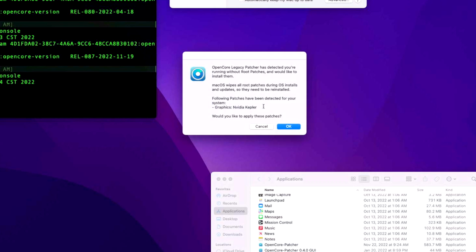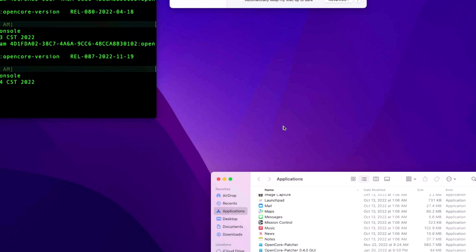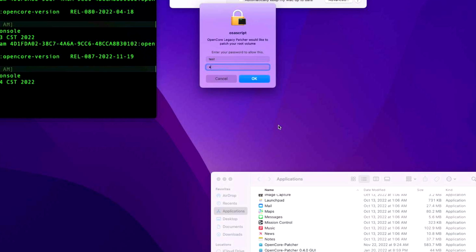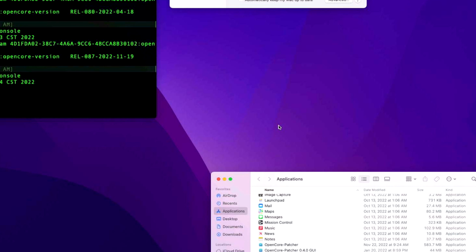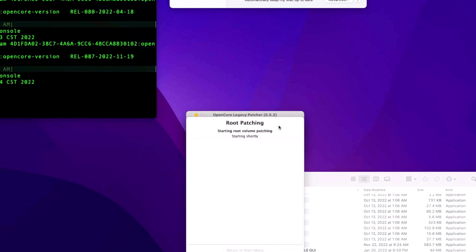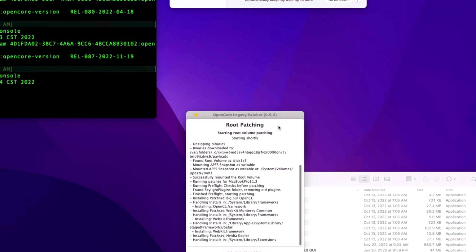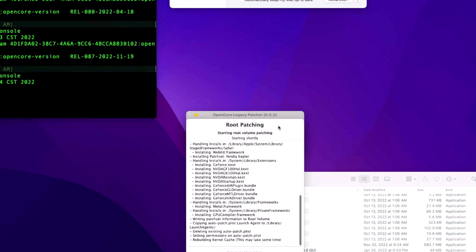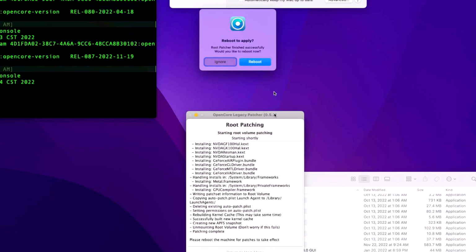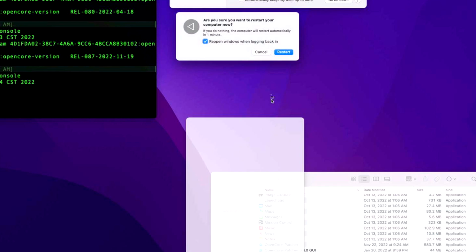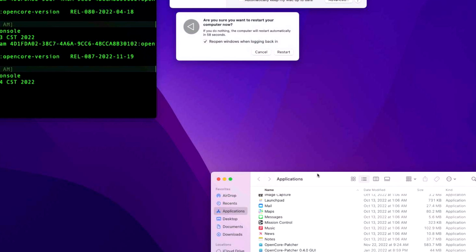The following patches have been detected for your system. NVIDIA Kepler. Let's click on OK. And then we'll type in our administrator password to relaunch as root. And there goes the root patching. It's done. So let's click on reboot, but before we restart, I wanted to show you, if you don't get